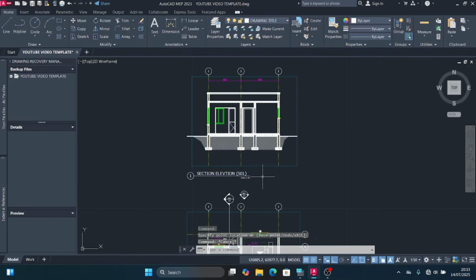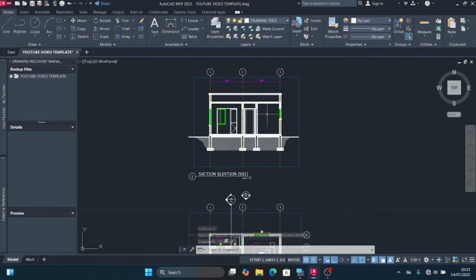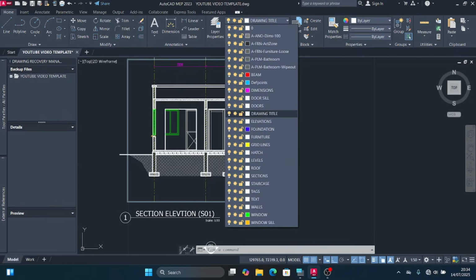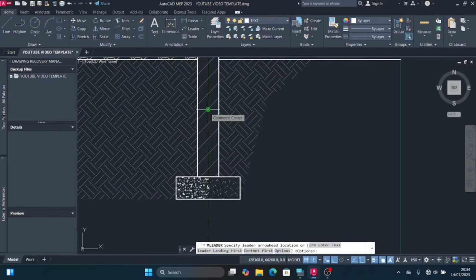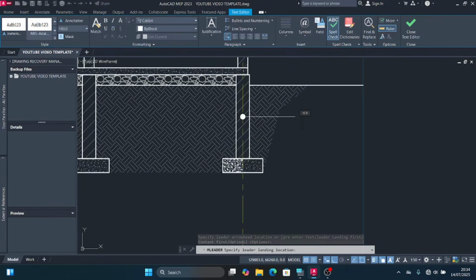Alright, so right now I'm going to put in some annotations. Alright, so I'll select the layer for text, then I'll use the leader command, then at this point I'll stretch out this cursor up to this point, then I'll put in